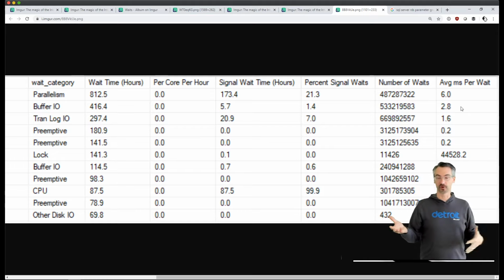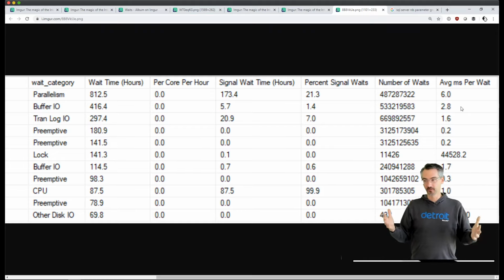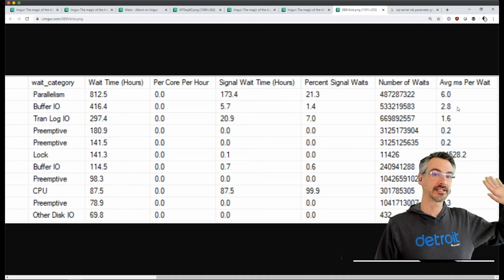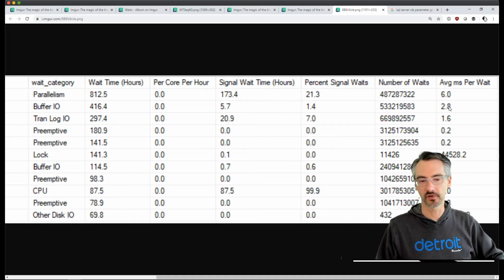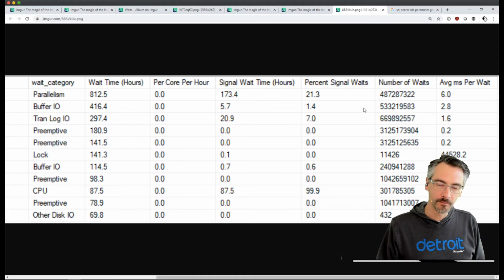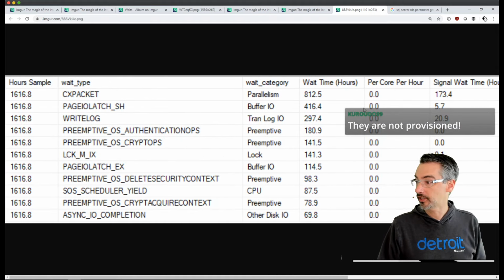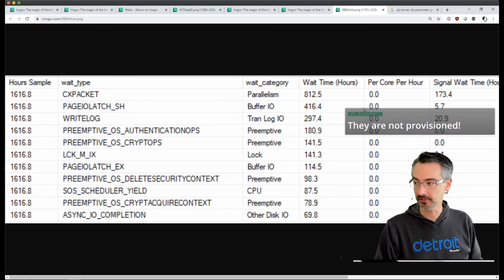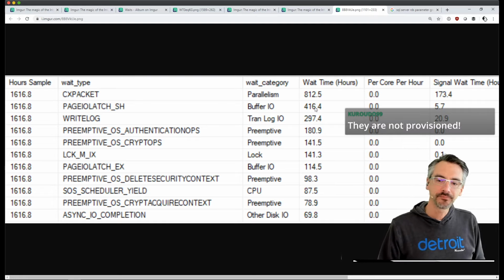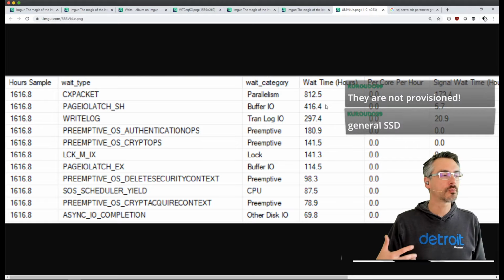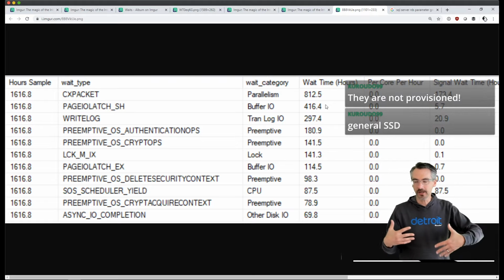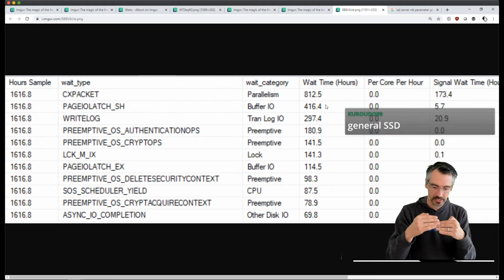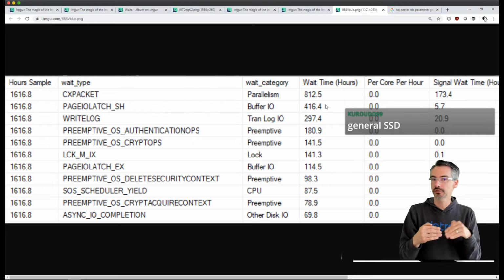Whoa, you went for like provisioned IOPS. Oh, you're rolling in the bucks there. 3 milliseconds per wait is fantastic. That's absolutely wonderful. So with RDS though, you're in a tough spot. It says they're not provisioned. Oh, must be using ephemeral solid state, I'm guessing. That's just phenomenal. So the problem with EBS, the problem with RDS is that if you wanted to, general purpose SSD, yeah, okay. So the problem with RDS is that if you wanted to reduce those page IO latch